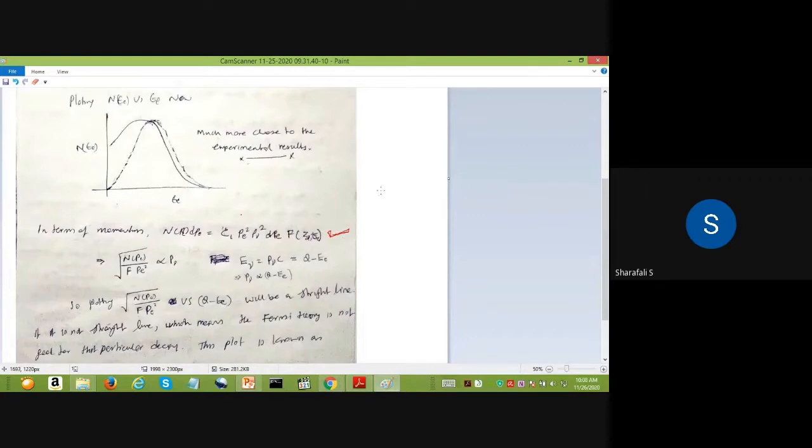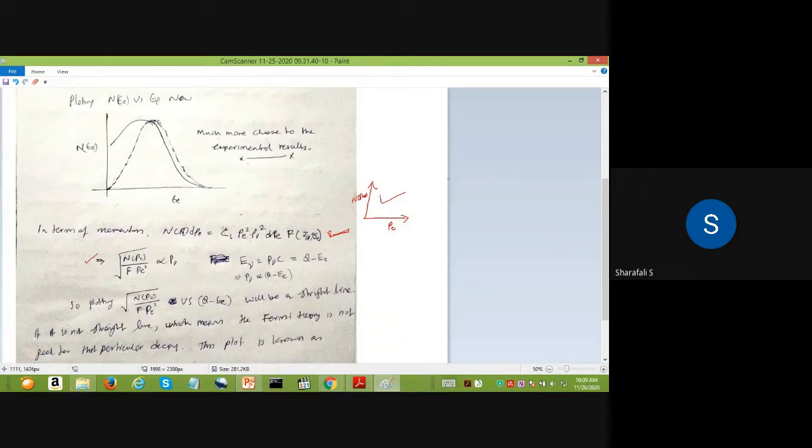And if you plot the number of electrons with momentum p versus p, that is like this. So then you can have that momentum distribution of electrons with the momentum of p, distributed along p. Okay, so this we already discussed in the last class, and from that we can have this relation.